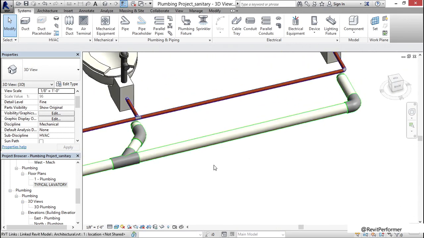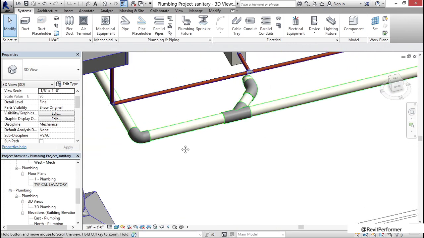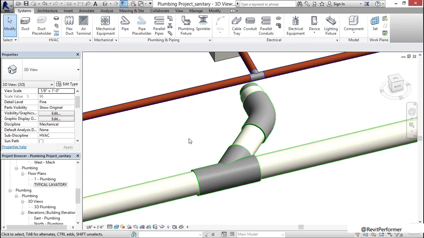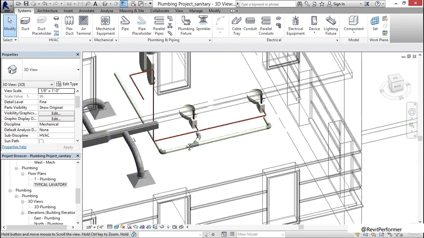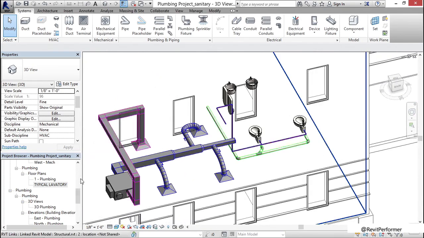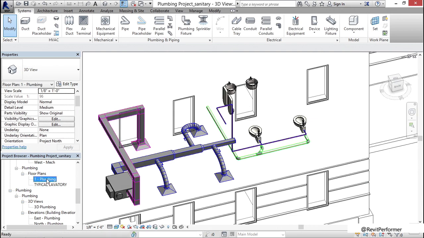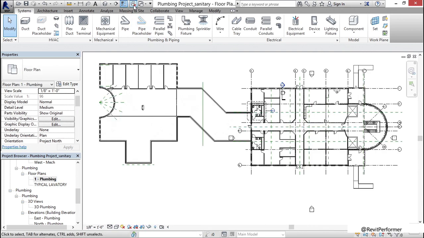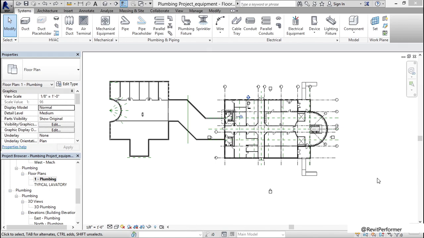I can see our new pipe type. It's sloping down, and it puts in our 45-degree Y. Let's go back to Plumbing Floor Plan 1 Plumbing. Let's click on Close Hidden Windows. Although sloping pipe is still a tad tedious, we have certainly come a long way in getting it into our model. I think it's time to jump into the mechanical room.